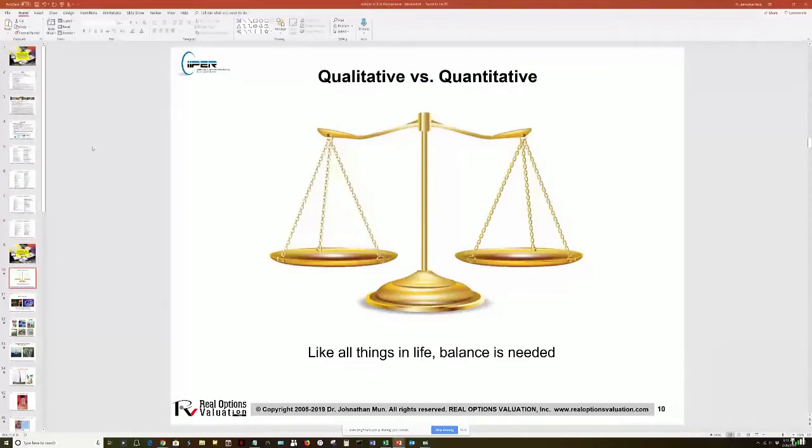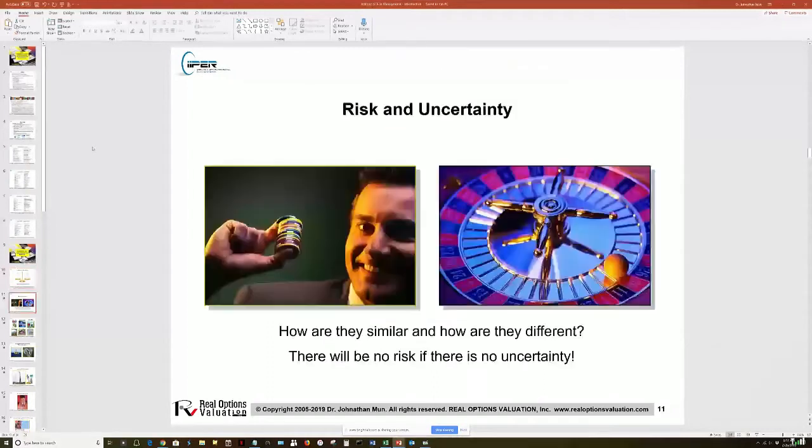So when we talk about risk, at least in the quantitative sense, there's risk and there's uncertainty. You see this guy towards the left, he's quite happy, he's putting his money in there, that is risk. He's putting his skin in the game, as compared to a person just overlooking a roulette wheel that is turning around, and guess what? That is uncertainty if you don't put any money in. And so unless your skin is in the game, you do not have that risk.